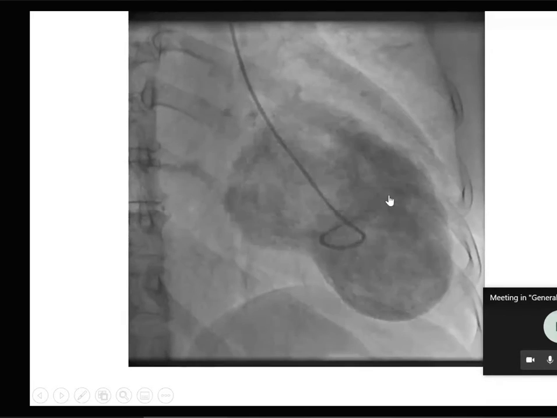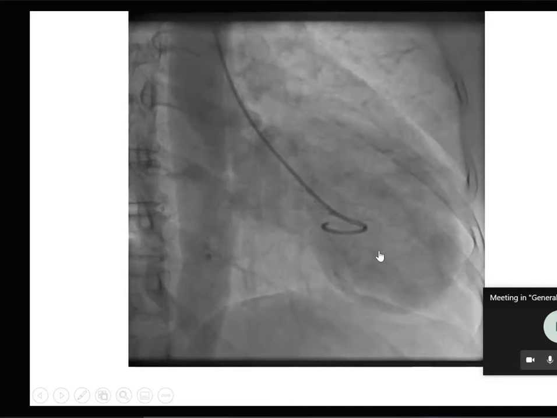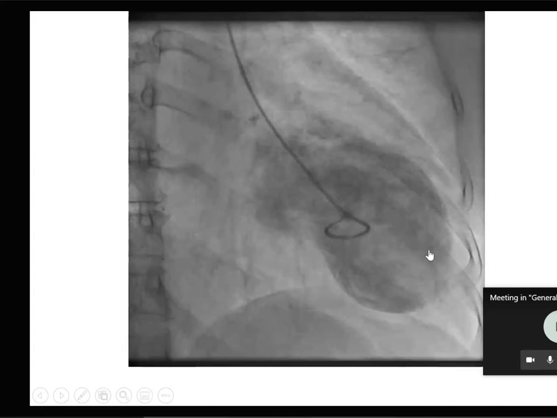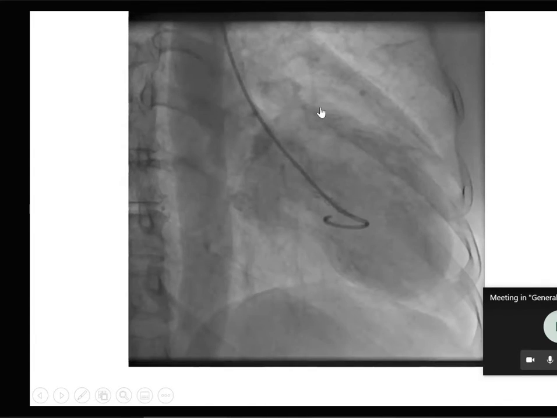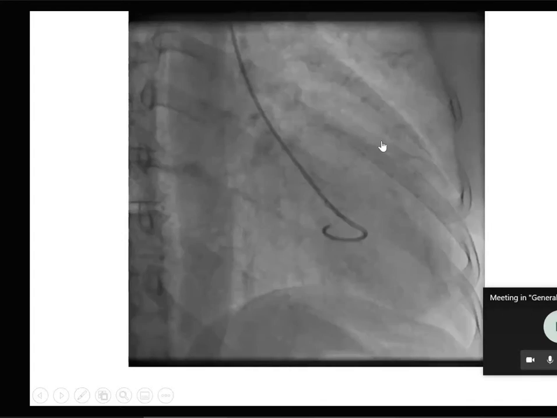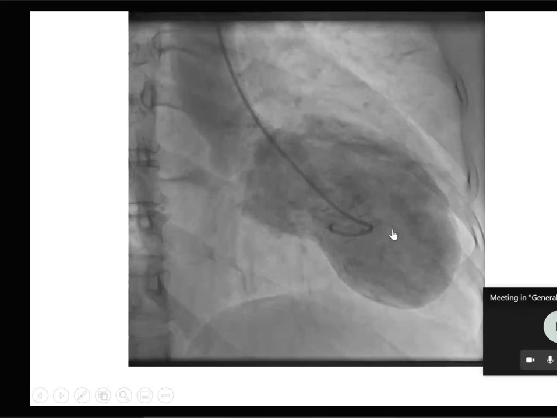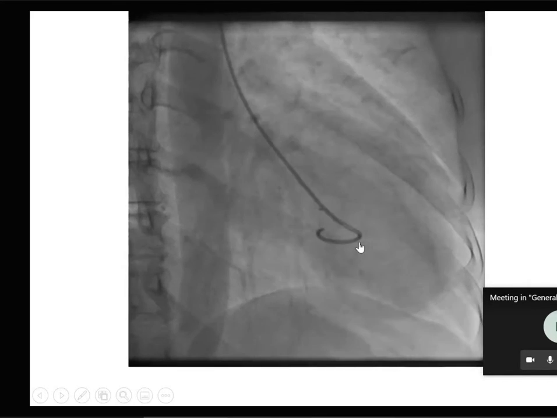So is it an acute thing or a chronic thing? Acute, sir, Takotsubo. Why do you say acute? The trabeculations are all gone, no? So it must be a chronic one. It may not be acute. Takotsubo will look like this, but this may be a chronic one because you have lost the trabeculations. In Takotsubo, the trabeculations will not be lost that early. But Takotsubo is an acute condition, no?